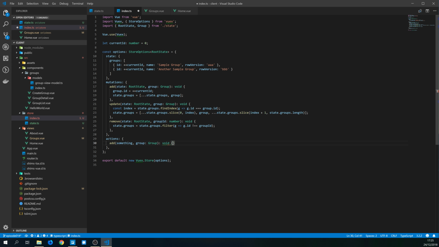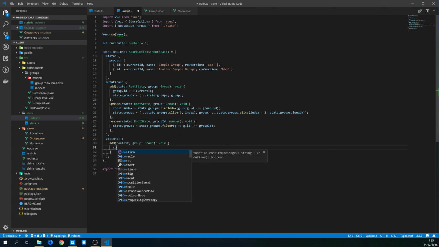Will be void for now, will become a promise in the future. So what's this? Action context. Let's say context, and over here, if I'm not mistaken, we can go and do commit. So when we get a group, right now we just want to do context.commit